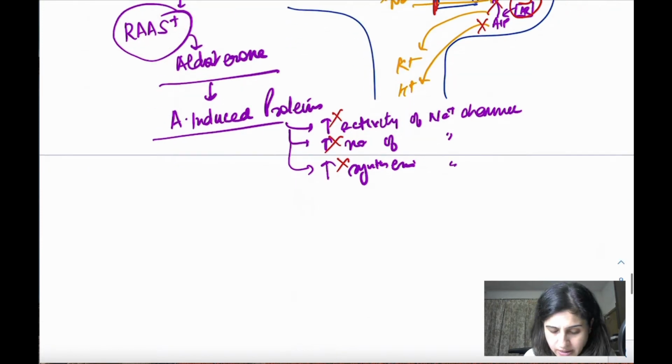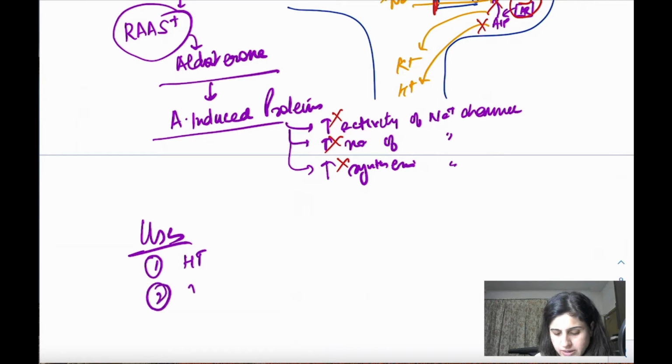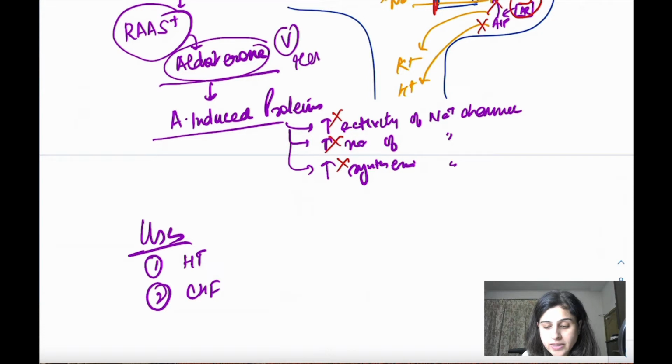So it can be used along with other diuretics. For example, you're giving it in hypertension, or you're giving it in CHF. ठीक है? And CHF में what is the role of aldosterone antagonist? Because you know that aldosterone is also known to cause ventricular remodeling. ठीक है? So you refer to this term in my lecture on CHF.